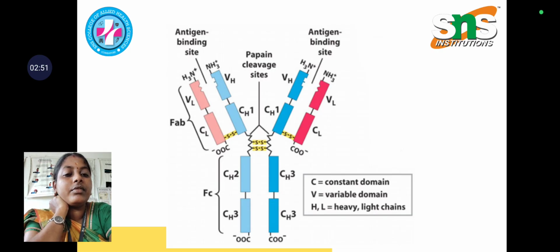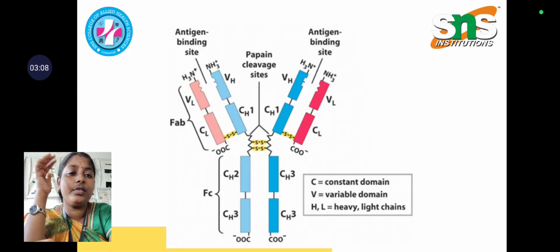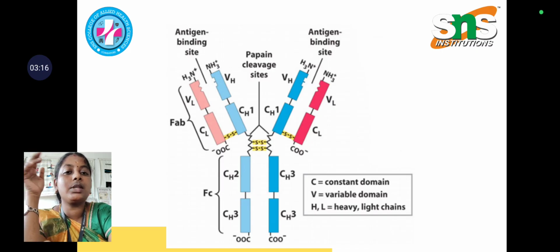We have the fragment antigen binding and the fragment crystallizable region, where C is the constant domain and V is the variable domain, and H and L are the heavy and light chains. We have the antigen binding site at the top of the antibody. The antigen binding site is where the antigen binds and interacts with the antibody,